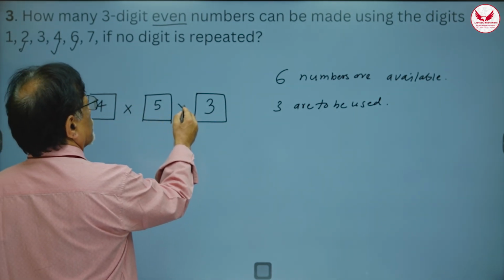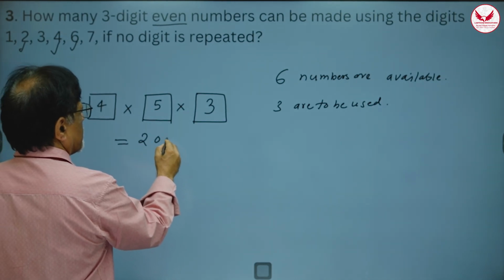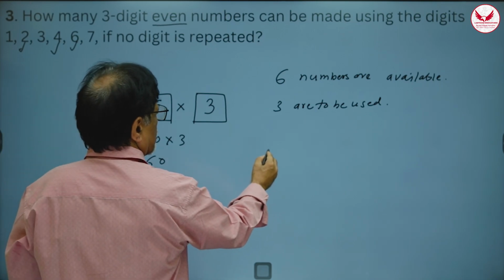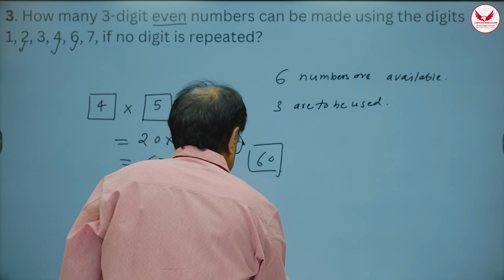Just multiply these two there and then you will get the answer. So it is 4 into 5, 20. 20 multiplied by 3. So this answer is going to be 60. So 60 is the total answer. Okay. Now